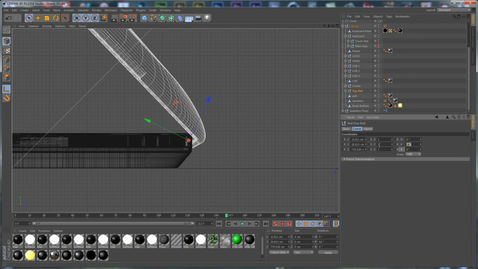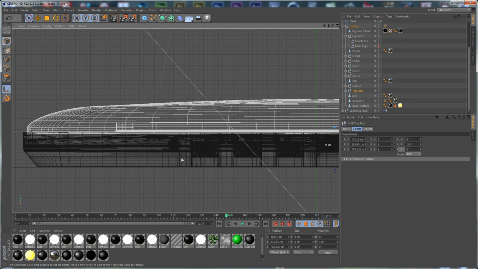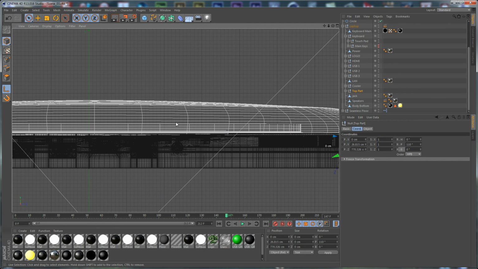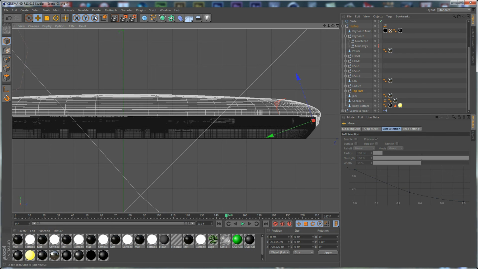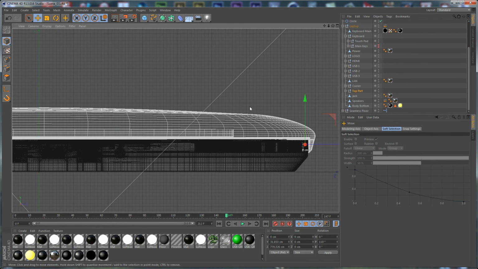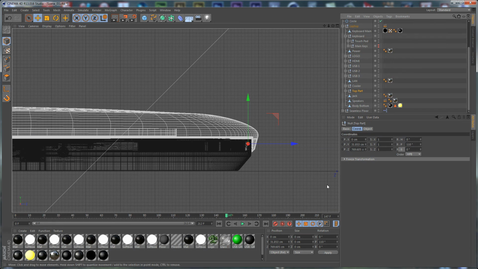to something like 110 maybe, and probably set this to 0. And let's just take the move tool and switch to world transform and just move this up just a bit. Like so. And once we are ready with that, we need to go to frame 22,